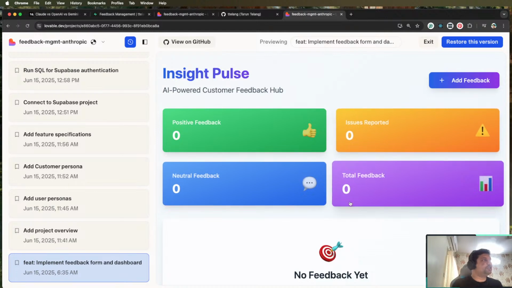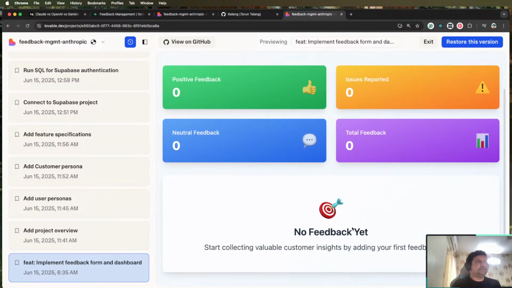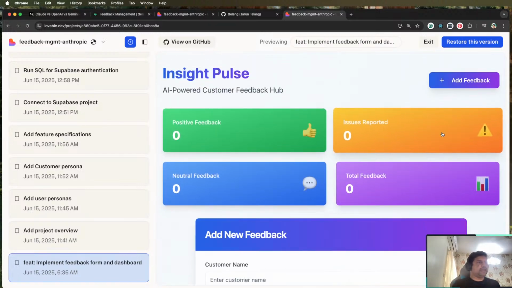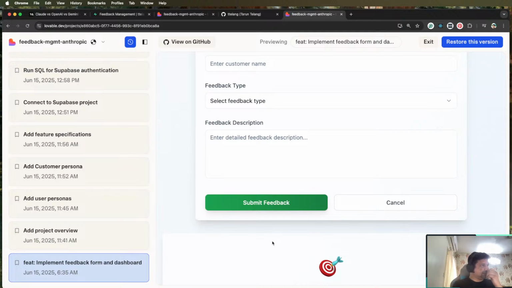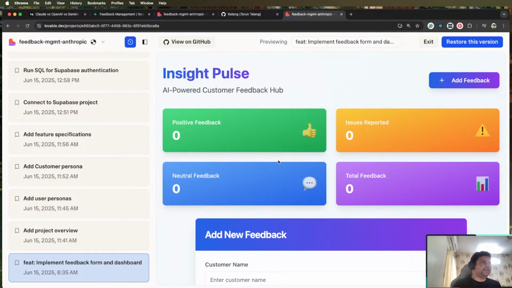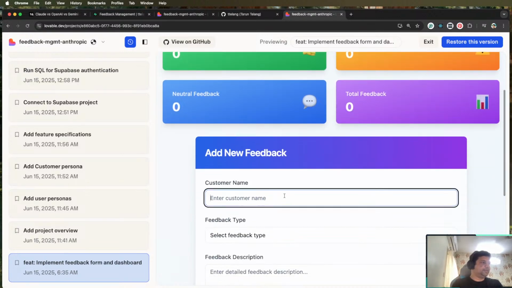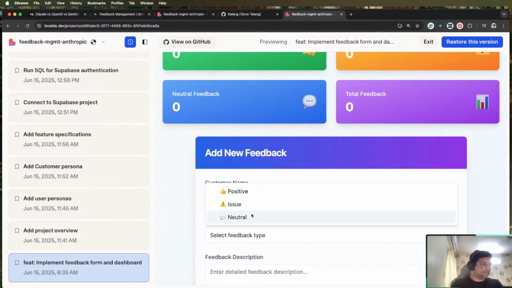But here no sign-in was present, no authentication was in place, there was no data populated, but everything was fully functional. So I had this add feedback form, and there were a few fields. Initially only the customer name, feedback type, and description were there, and submit and cancel options were there, and there was no database. So here, let me give you some data. Say I put some customer name, I put some feedback, and